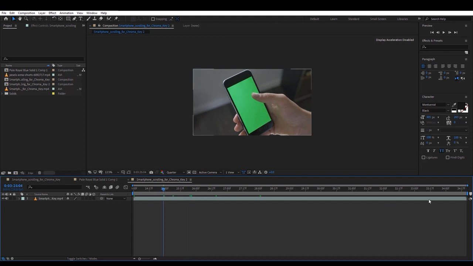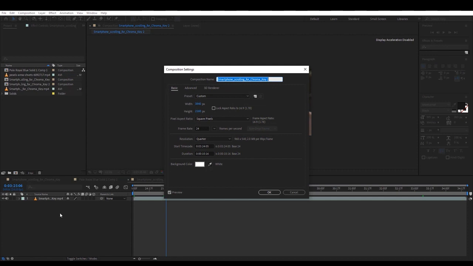Firstly, I'll just reduce the timeline size. Okay, now it is a bit long. I just need 3 seconds for this example. So I will hit Ctrl K on my keyboard as I already have the composition. Now I want to edit my composition. So I will go here and write 03 instead of 10 seconds, and also